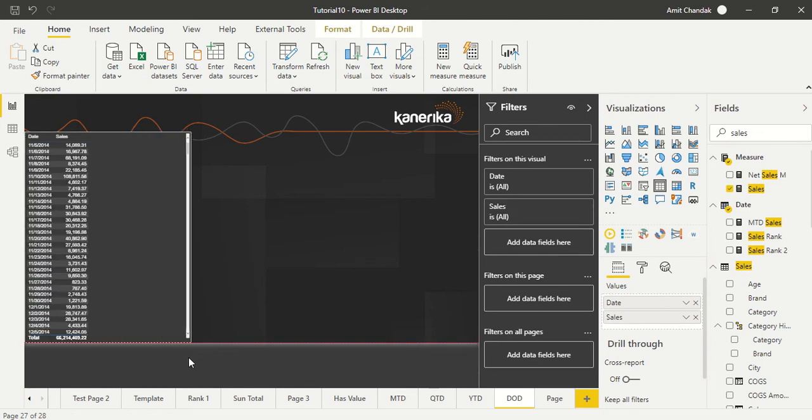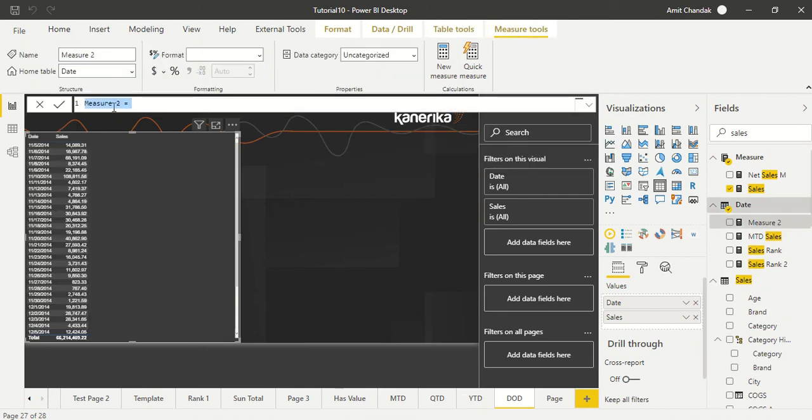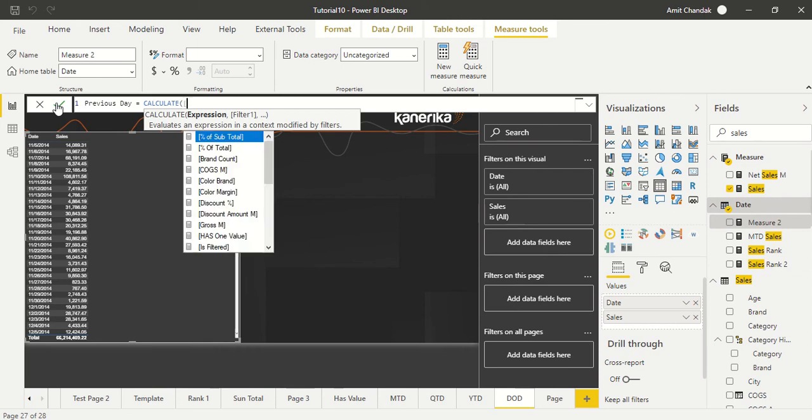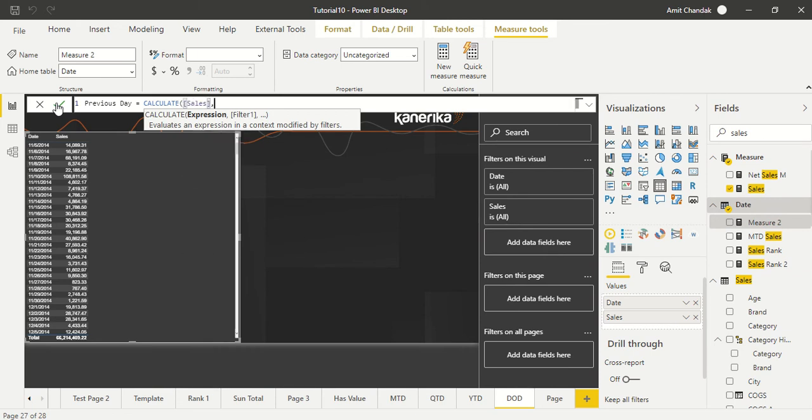We have data here from November 5th. Now Power BI provides two time intelligence functions which we can use for it. So we are simply going to try those out, and let's call it previous day, and calculate sales. We are going to use our existing measure, and you are going to use previous day,